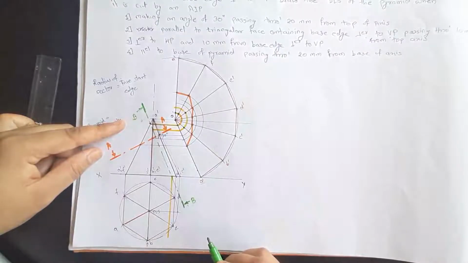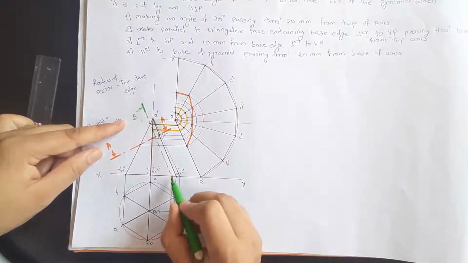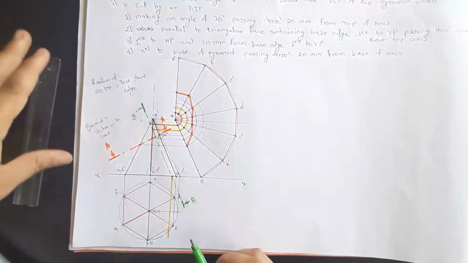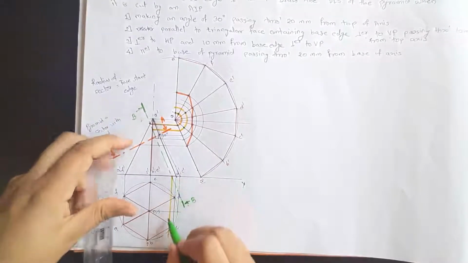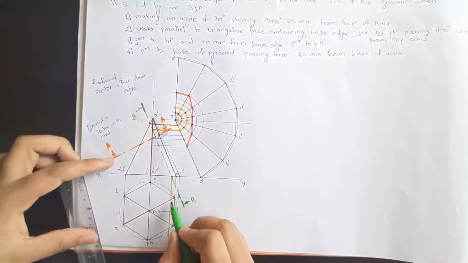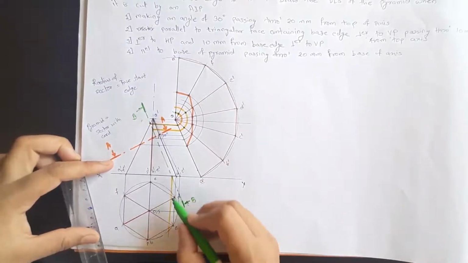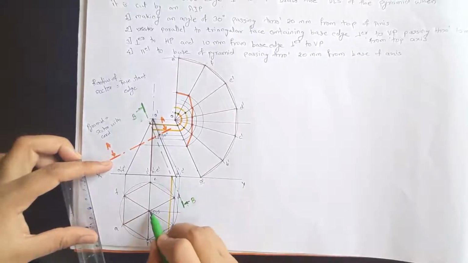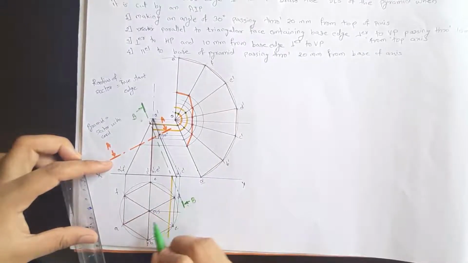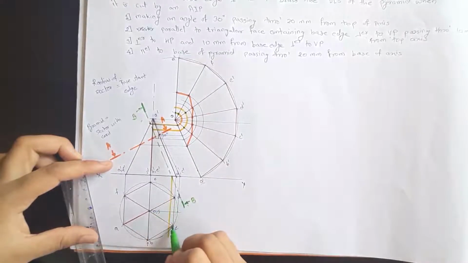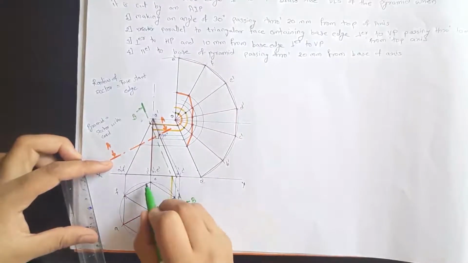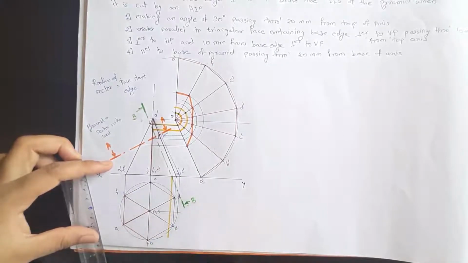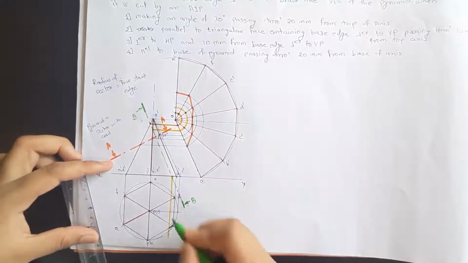Now the next one is this base. It is cutting the base. So when you have taken the projection, you can see here it is cutting DE as well as CB. Don't take this OD and OC because these are the slant edges. They are not at the base. So DE and CB, it is cutting by these distances.